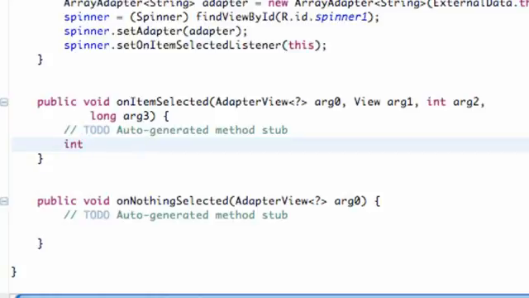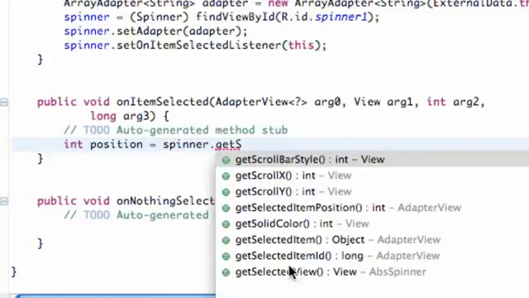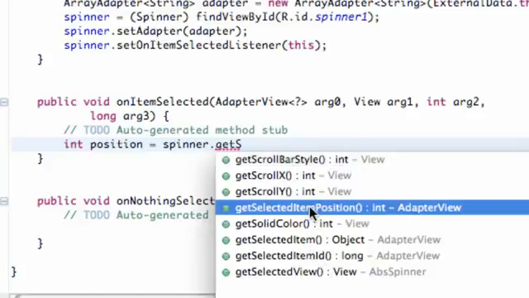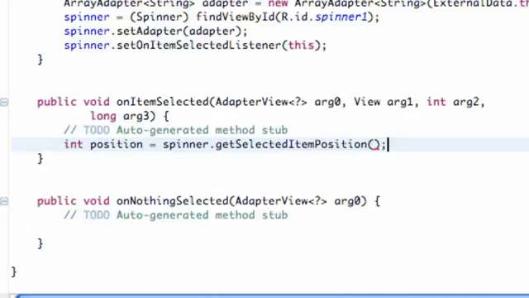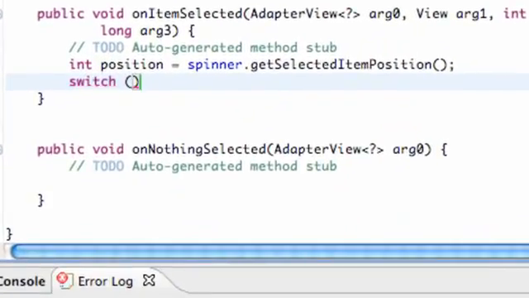and we're going to set up an int such as position, something like that. We're going to refer to our spinner here. We're just going to say get selected item position, and that's going to give us an int, the position of our array adapter that has been chosen. So we have three positions, position 0, 1, and 2. And so we're going to just set up a switch case for that. So we refer to our position,